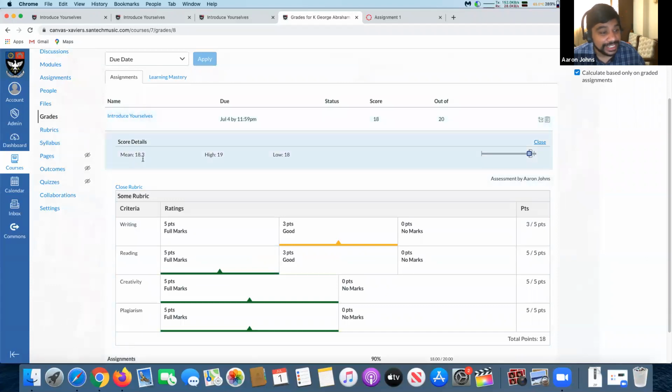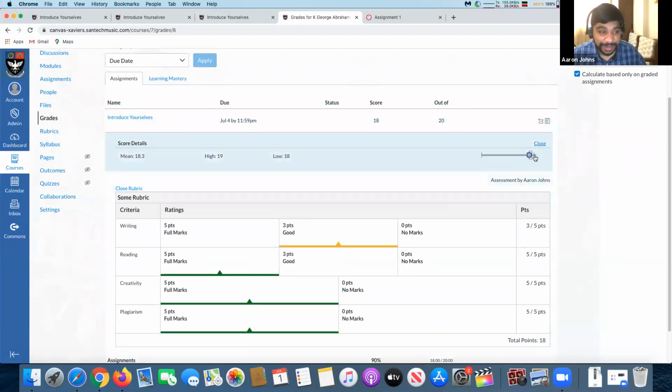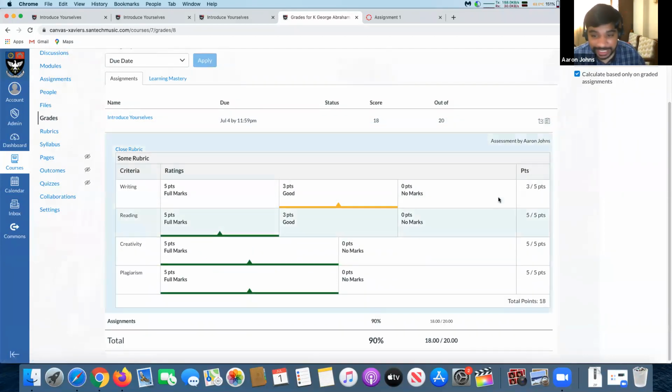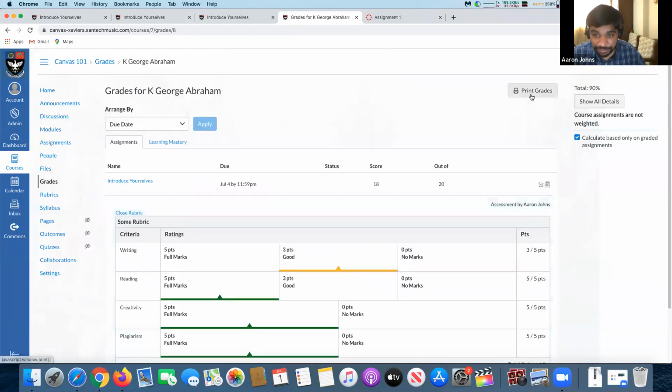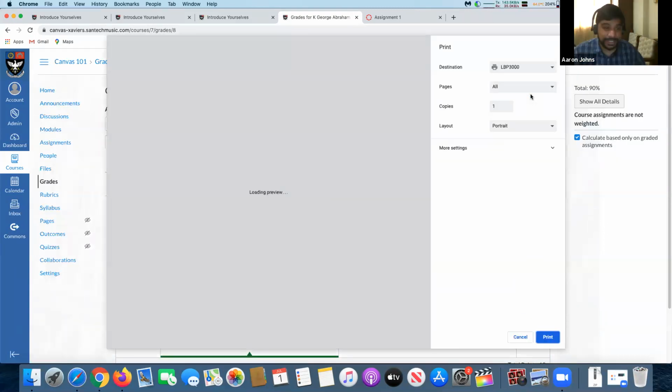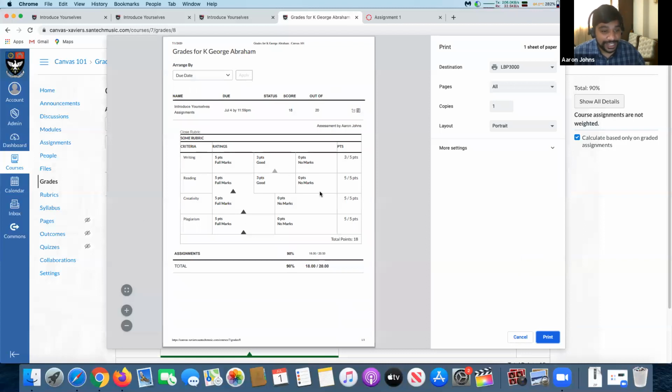And you can see the mean score, how your classmates are doing also, by the way, if you hit this button. So you know how the class performance is. Are you within that average or not? So most are scoring 18 and above, it's very good. So you are within that average. And finally, if you want to print, hit the print button. And you'll get a beautiful grid like this, automatically ticked for you to submit to your exam office with no issues.